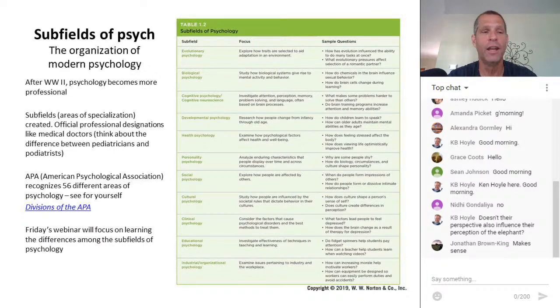Now, there are literally 56 different areas of psychology out there. And if you'll look in your course resources, I've actually got a link to the divisions of the APA, and you can look through all of those 56 areas of specialization. It turns out that all of those represent different kinds of diplomas that you can get. So my diploma says Doctor of Social Psychology. My friend Dave, who is a clinical psychologist, his diploma says Doctor of Clinical Psychology. There are over 50 different titles that you can have on your diploma.